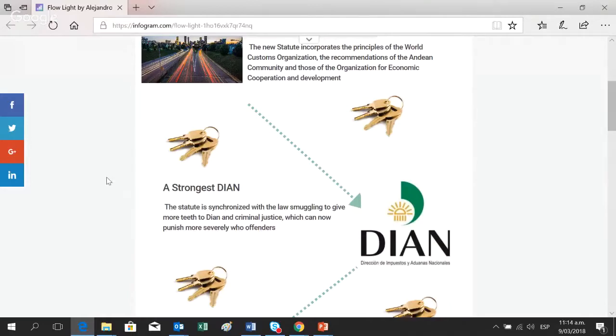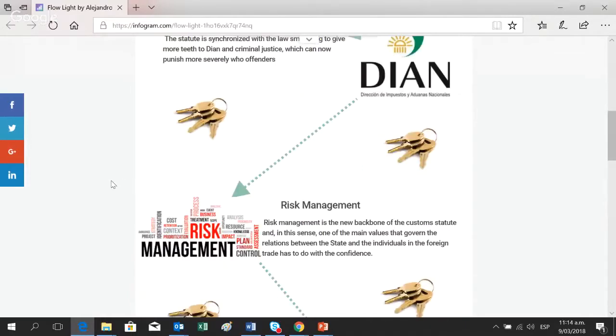Also, you have risk management. Risk management is the new backbone of the Customs Statute, and in this sense, one of the main values that govern the relations between the state and individuals in foreign trade has to do with confidence. What it means is that just the government can see your shipment and your products.